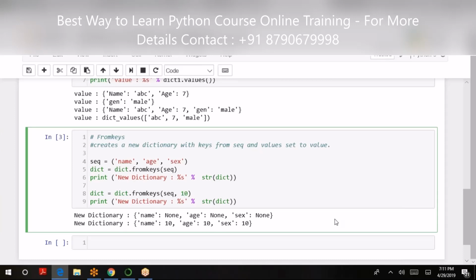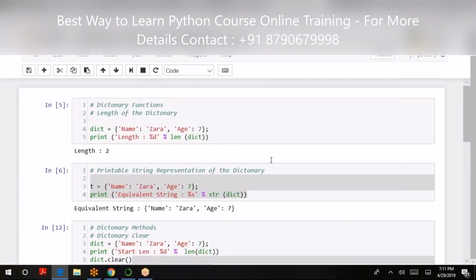So fromkeys is the method which enables us to pass on the attributes. But it has to be only one value.